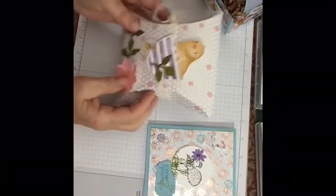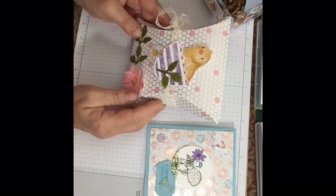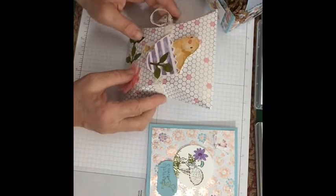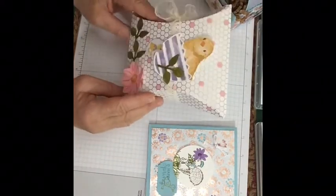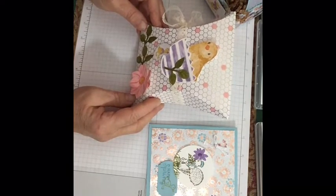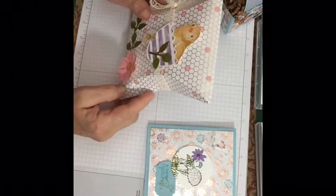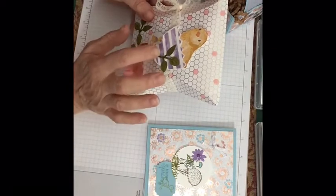So here is one of the items I made, which is a pillow box, as you can see, and I used DSP, and I did tie it together with some ribbon. This ribbon was on the clearance rack at one time. So let's look at this item in particular, and let's look at the different DSP that I used, and stamp sets and punches and all those kinds of things. So the Golden Honey Specialty Designer Series paper was used, and then we went ahead and used the Full of Happiness